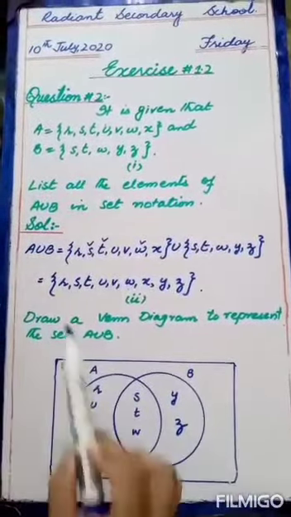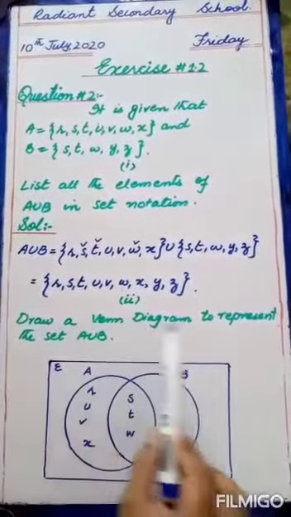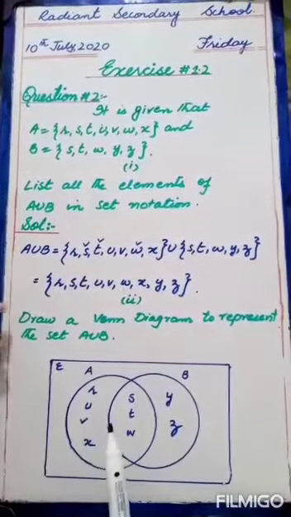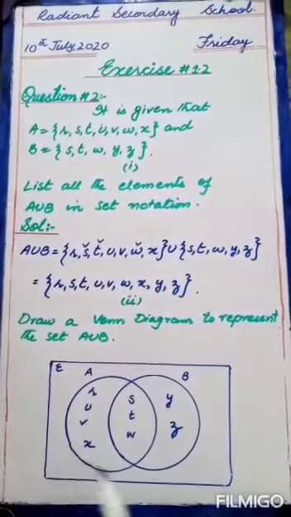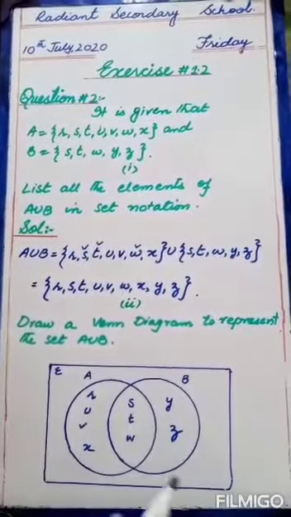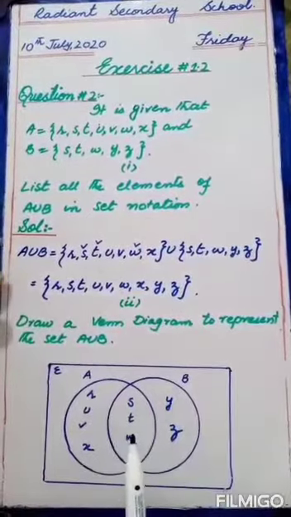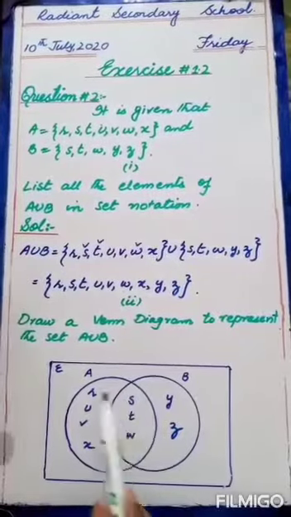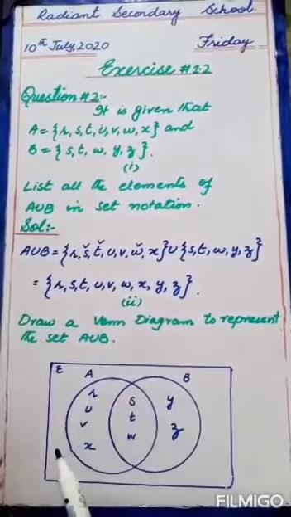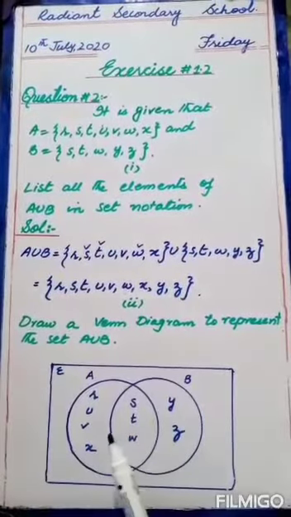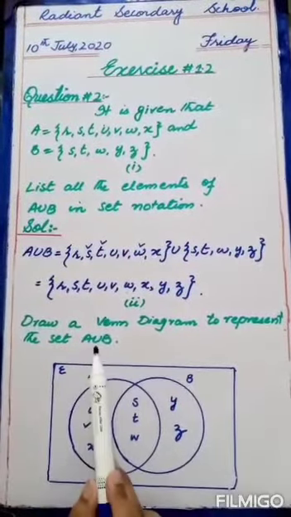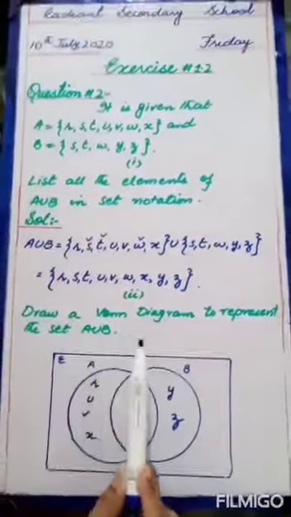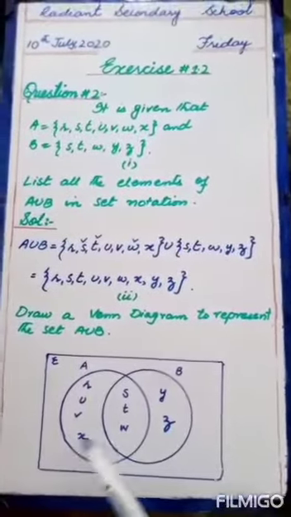Okay. Now the question was, draw a Venn diagram to represent the set A union B. We have to show through the Venn diagram A union B. So A union B means we are going to show the complete area. Obviously in A union B, I have told you what is the meaning of union: to combine. Clear? So this is just diagram. We will prove by our shading what is the requirement of the question. We have to prove A union B means we have to show A union B through this Venn diagram. So we will prove it by our shading.